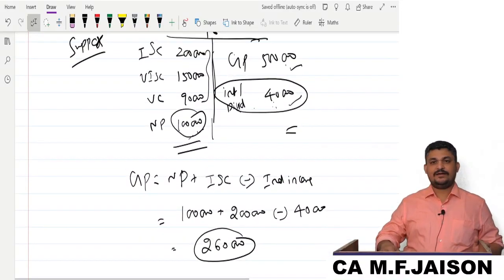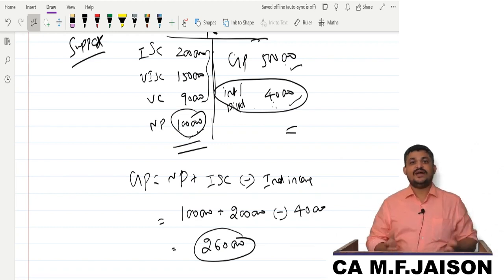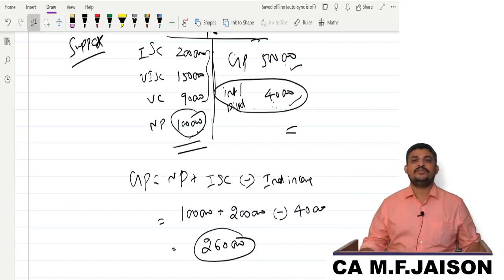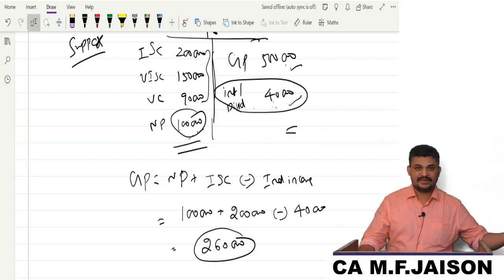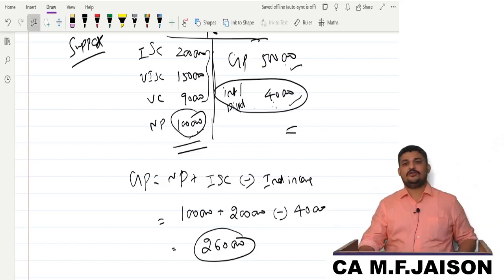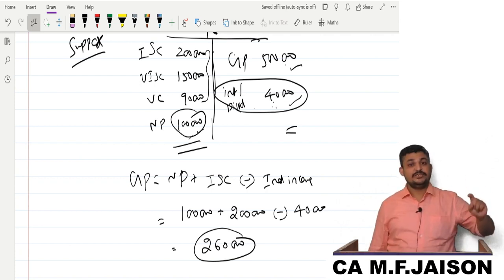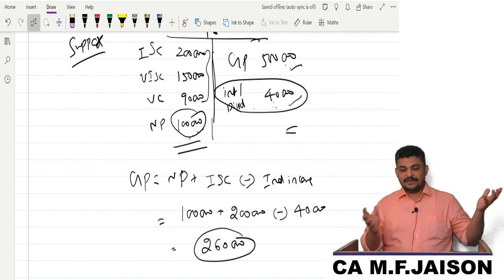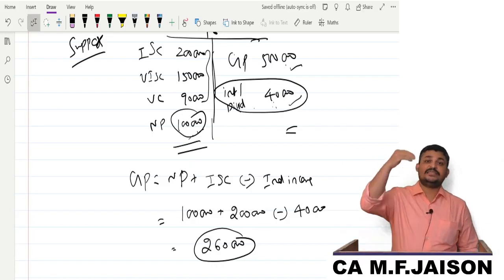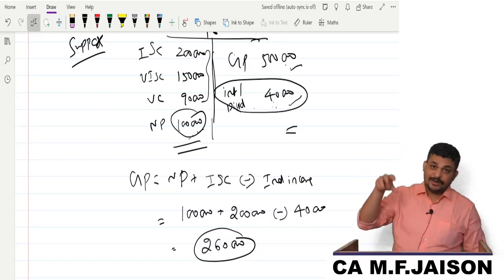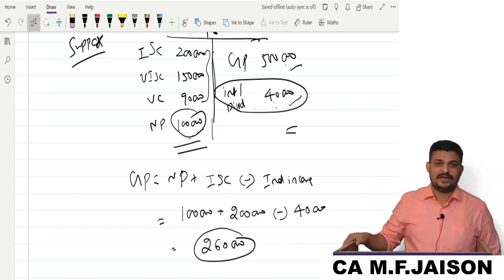So if you have indirect income, how to treat it is also explained, my dear friends. So we are defining gross profit ratio. Gross profit ratio equals gross profit of previous year over sales of previous year, multiplied by 100. What is gross profit of previous year? It is net profit plus insured standing charges of previous year, and you deduct the indirect incomes if any. That way you get the gross profit. Express that as a percentage of sales of previous year.